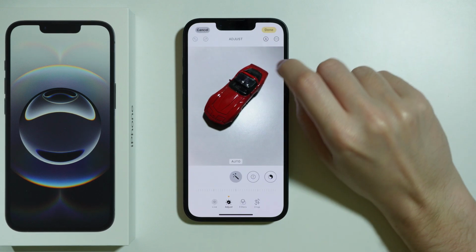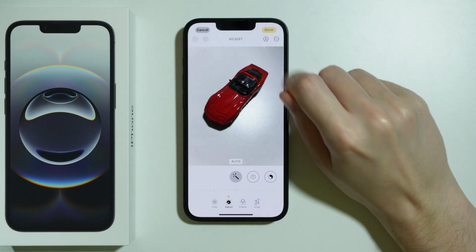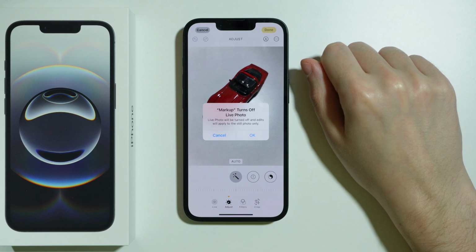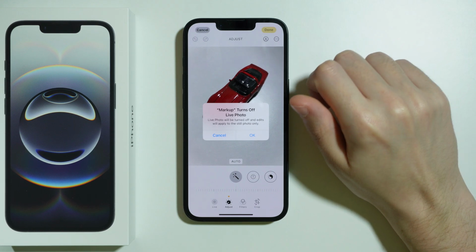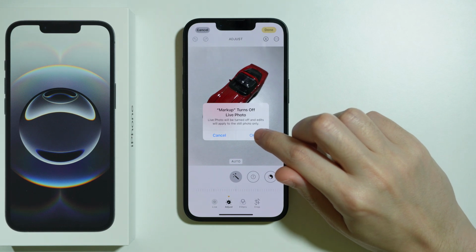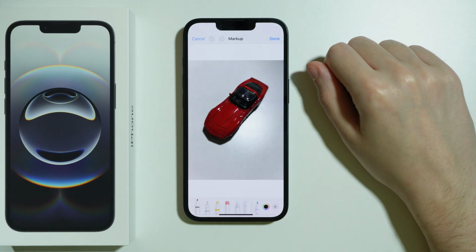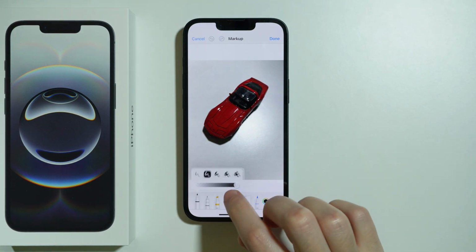And next in the top right corner we have this pen icon in a circle, so we can tap on it. And if it's a live photo, then we need to turn off the live photo mode. So let's press OK. And now at the bottom we should be able to find different tools that we can